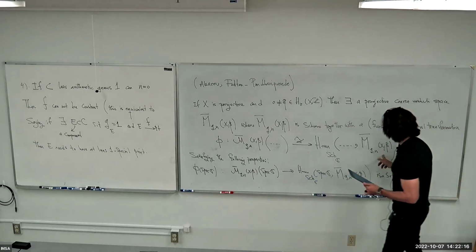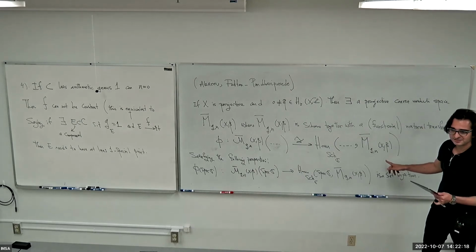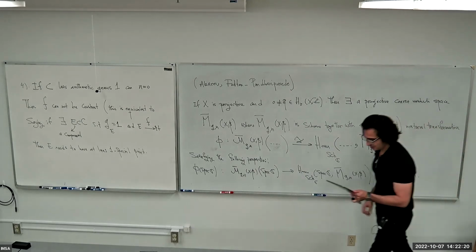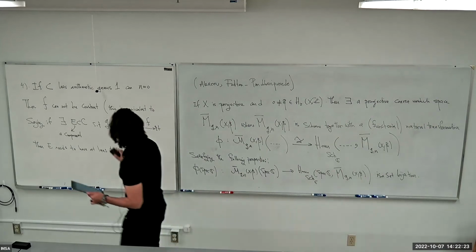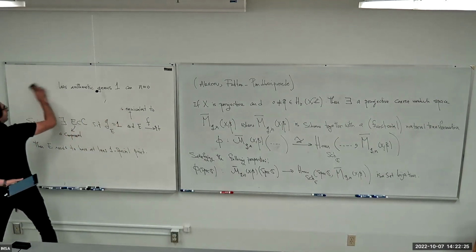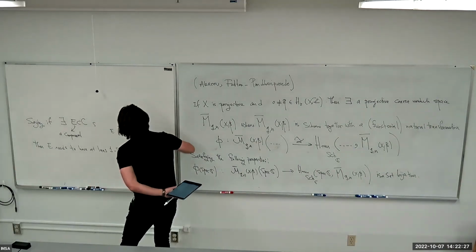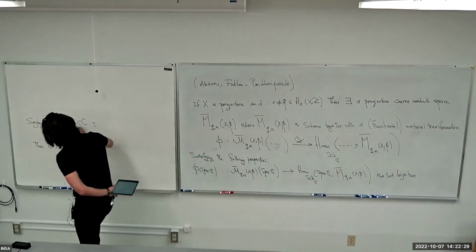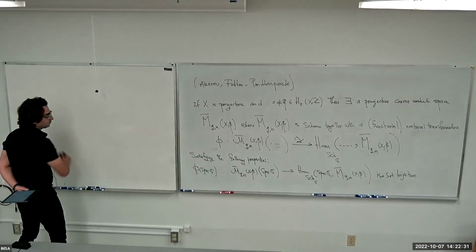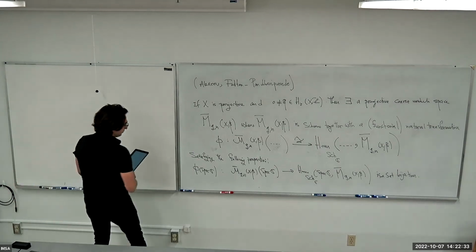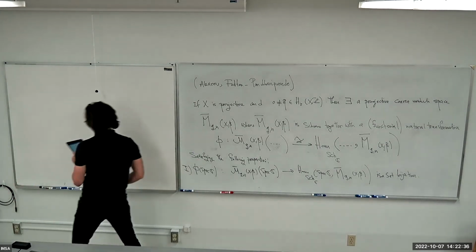This space is a set of isomorphism classes, a set bijection. That's number 1. Number 2,